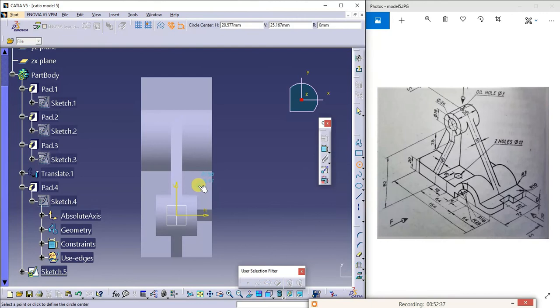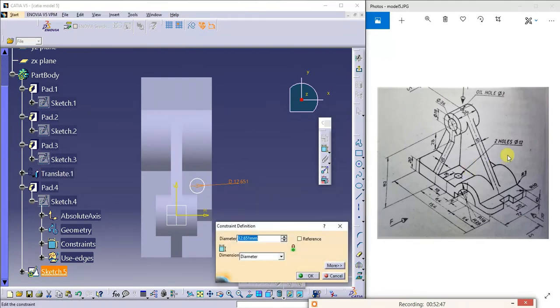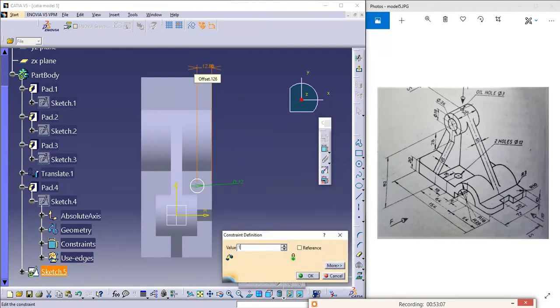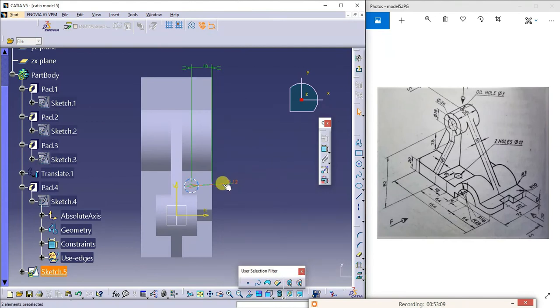So the dimension of this is, see the diameter is 12 mm. Next, from this edge to the center is 18. From here to here it is 18.